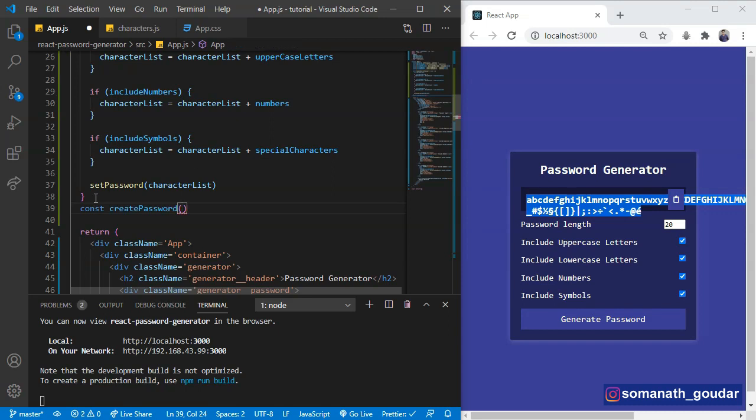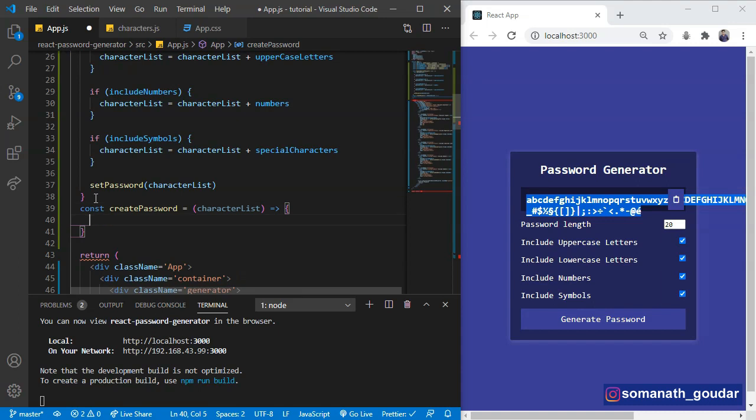This is going to take character list as input, and this is going to be an arrow function. Let's call this function over here: set password to createPassword, and we are calling this function over here.